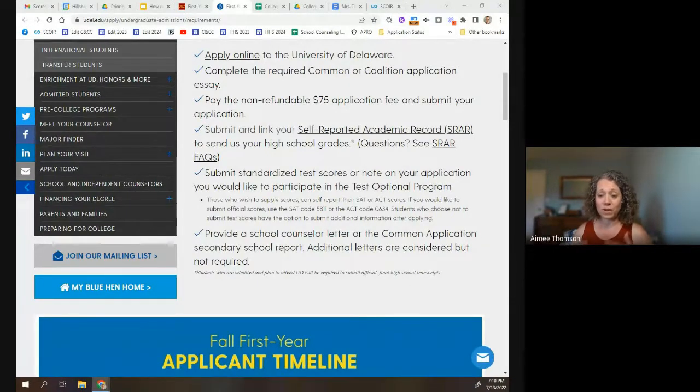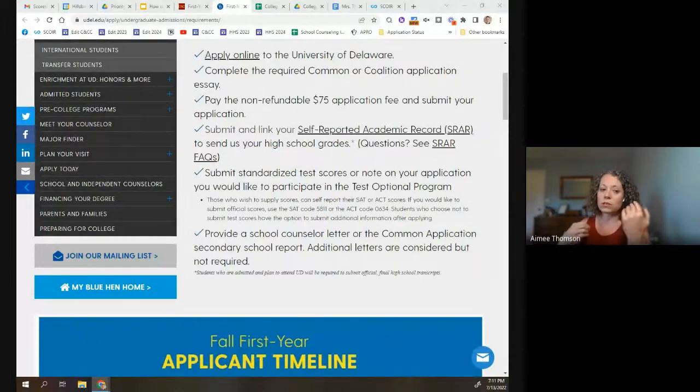What do you want to do? It allows them to take care of all of that. But it does put a little bit more work on you, and different schools require that you do it differently. So UDEL has a process that uses the same self-reporting academic form as Rutgers and Penn State and Pitt and some other schools, which is really helpful because for those you only need to type in the info once, but there's a little bit extra that you need to do for each of the individual schools, and you do that after you submit your application.